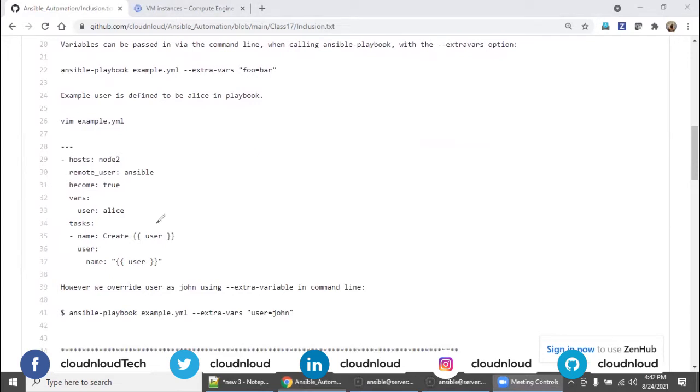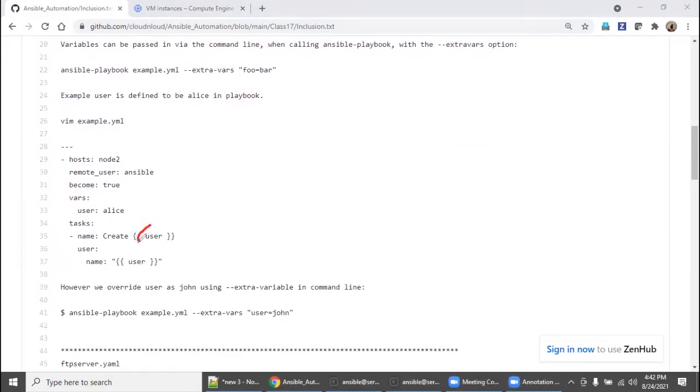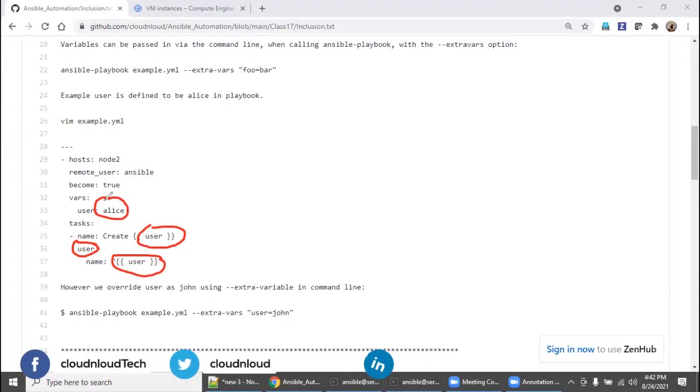The first example: I have some variable declared in the same playbook file. It's called a local variable, and we are using the user module and calling the variable. We will see how to override this variable. When we declare inside the playbook, the username is alias.